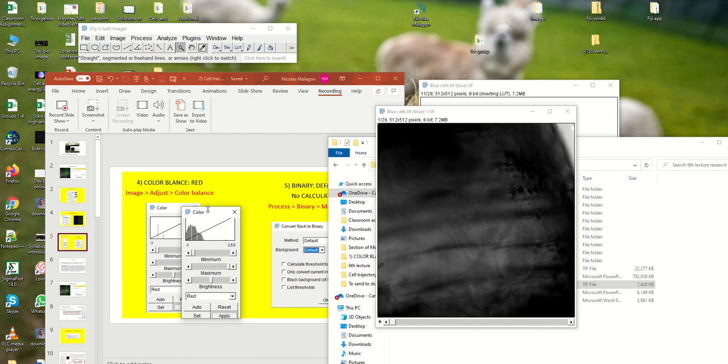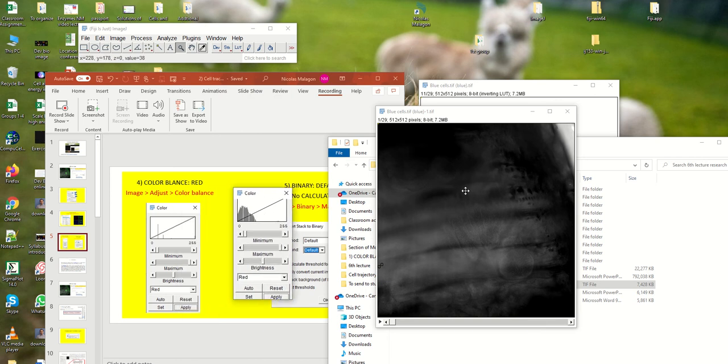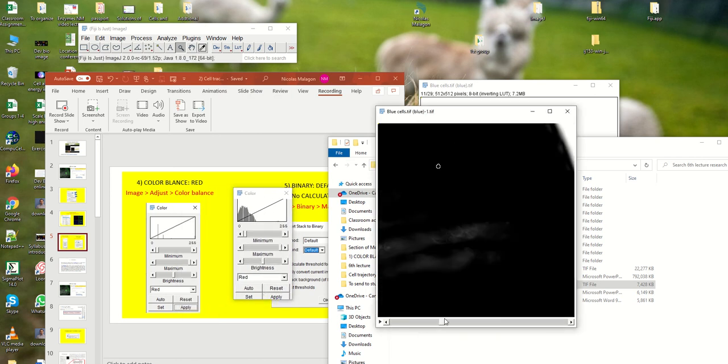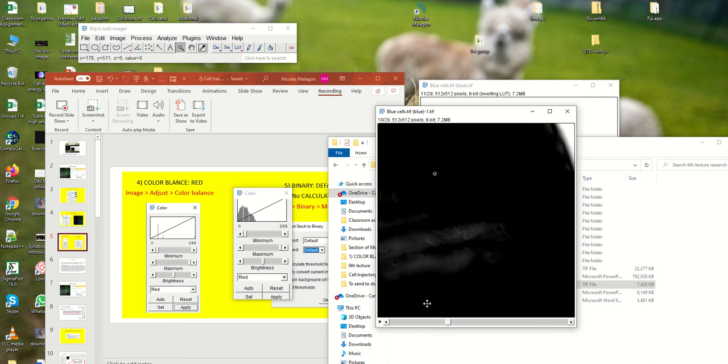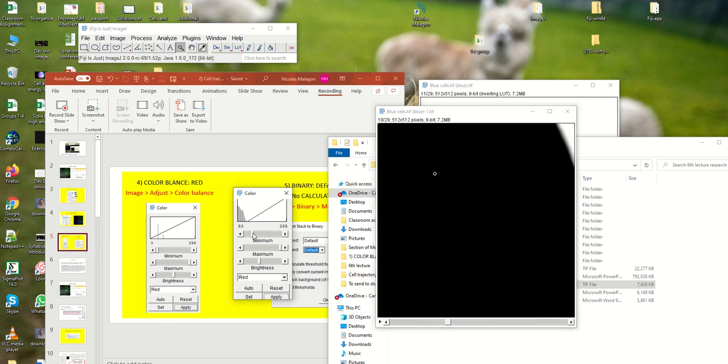And when you have this color balance, you have to play with this to have only one color. Yeah, so let me show you. You go and start moving it to the right, and now there is almost no color. If you go all the way, they will completely disappear. So you can leave a little bit, and later I will show you a way to remove this. So then you say apply,